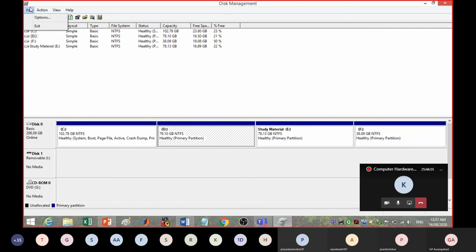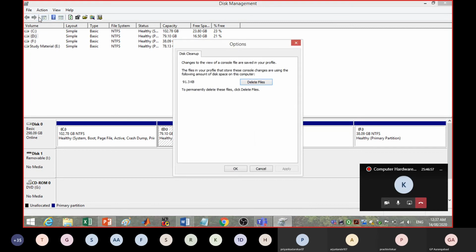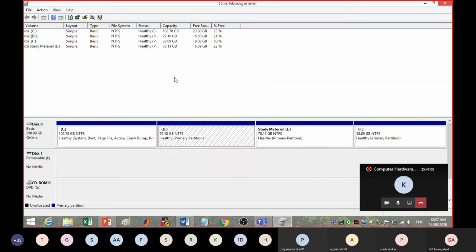See, in this file there are different options. Whether you want to clean up this hard disk, that is, unwanted files, unlinked files, wastage files, temporary files, will be automatically deleted by the operating system, which are no more required. This is all information you can also try at your end, and this is all about the hard disk, as I explained in two parts. One is hardware related and another part comes under software related.